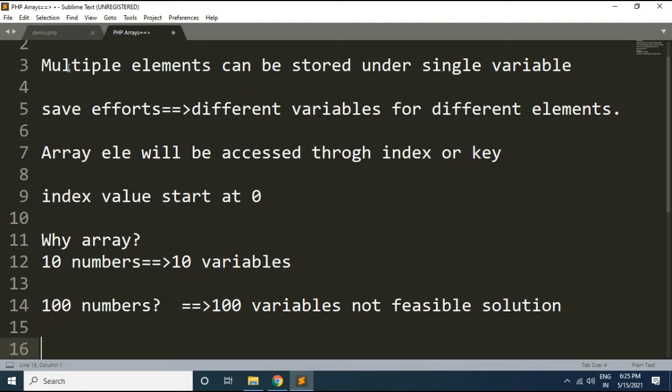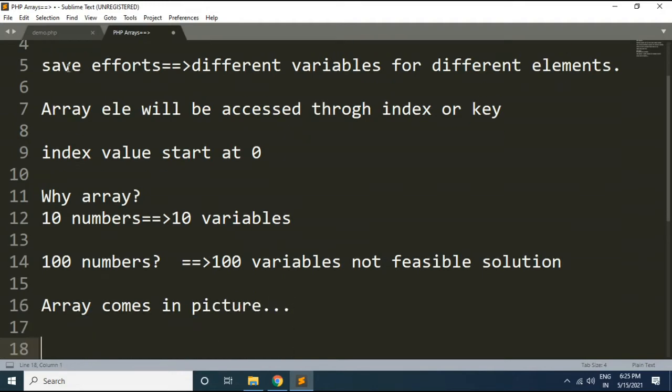At this moment array comes into the picture. An array will create a single variable which will be able to hold 100 numbers, and each number within the array will be identified by an index value.